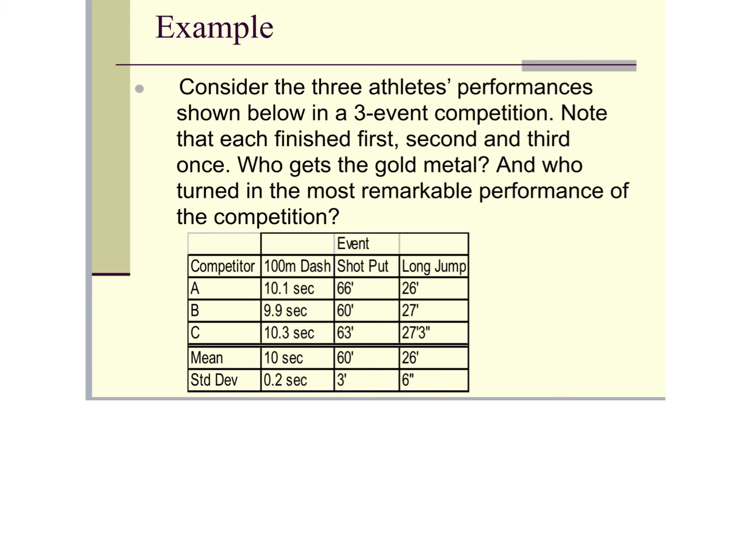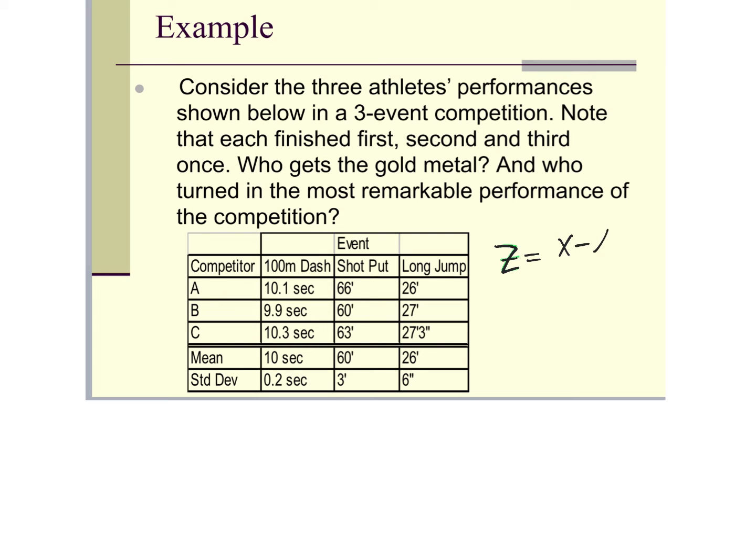So we're going to do an example in which we consider 3 athletes' performances shown below in a 3-event competition. Note that each one finished first, second, and third at least once. So who should get the gold medal? If each of them got first in one thing, second in one thing, and third in one thing, who gets the gold medal? So we want to know who turned in the most remarkable performance by comparing their performance using the z-score. The z-score calculation, again, is z